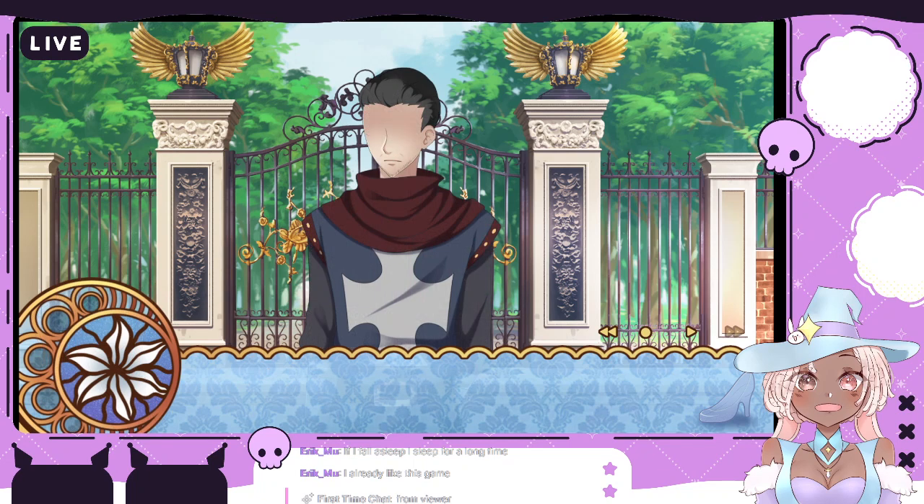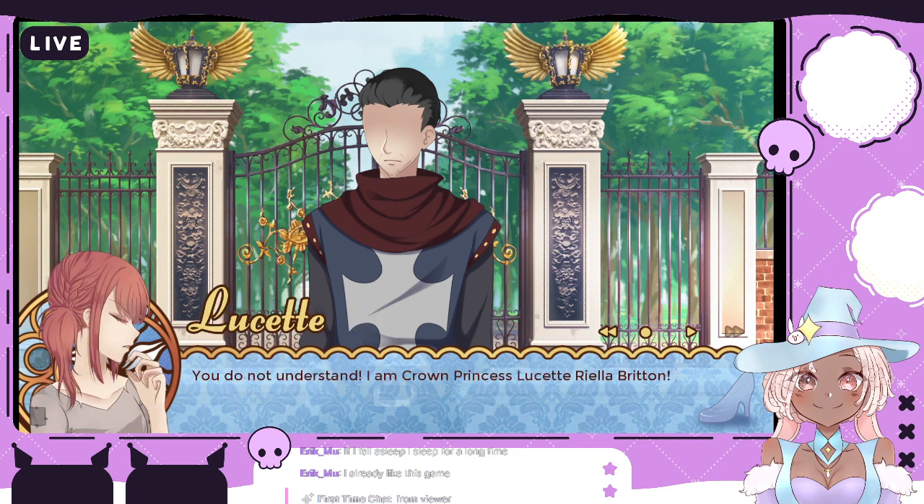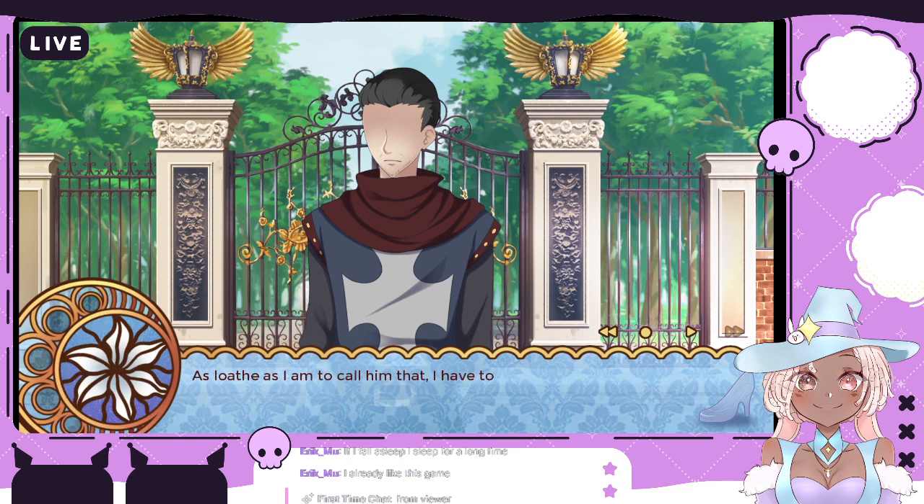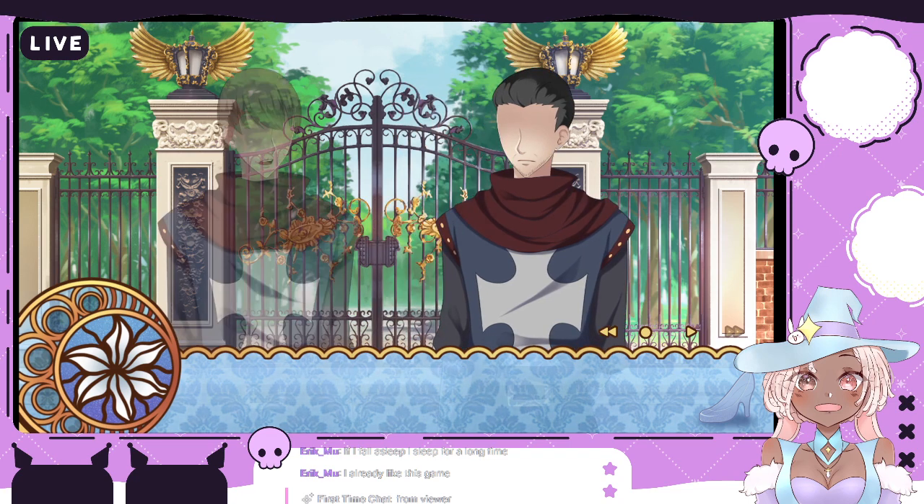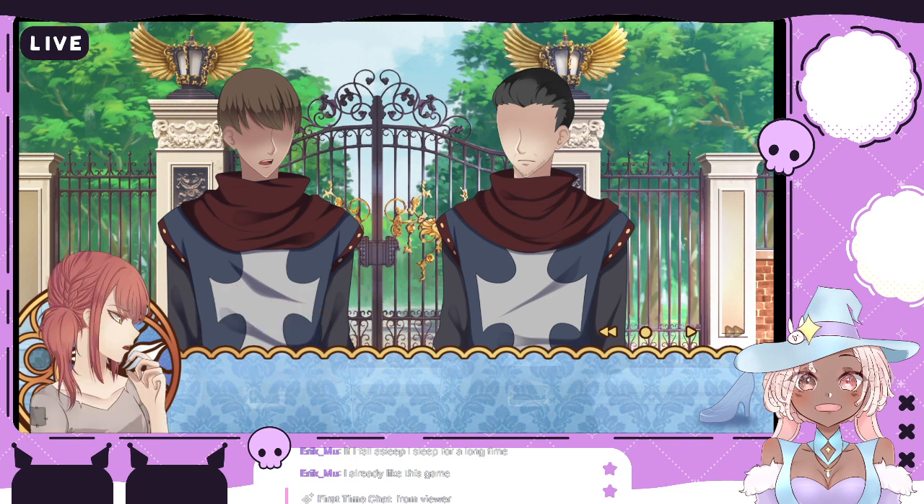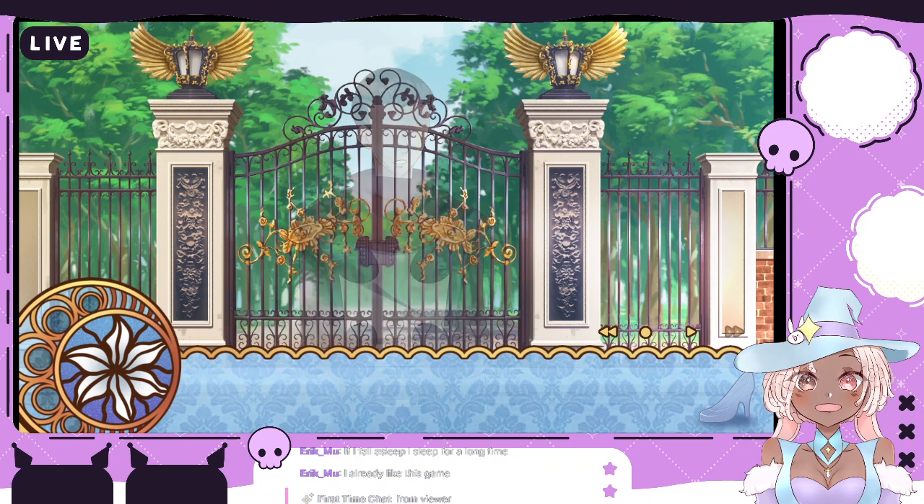Let me in. Sorry, girl, but this place is off limits to uninvited guests. You do not understand. I am Crown Princess Lucette Riella Breton. I must speak with my father. As loath as I am to call him that, I have to. No one will believe me if I am addressing him by title. You best leave now, nice and quiet, before we have to force you. If only you would